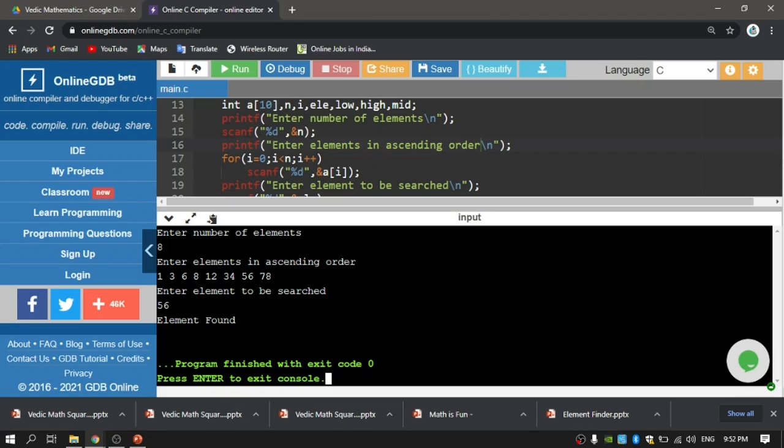First it is going to make a search with the middle element, and then the search will be done in this half, and again it is going to find the mid element, such that I will get the element at this location. And let me run this one more time.